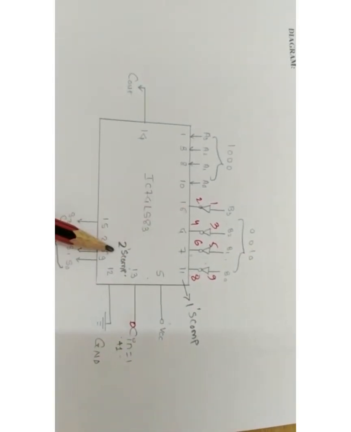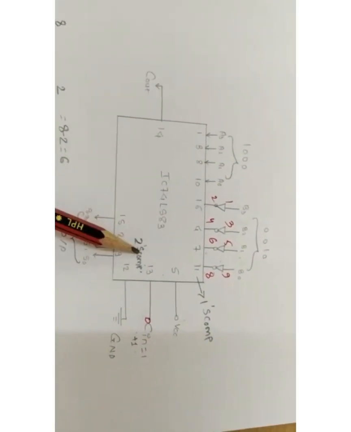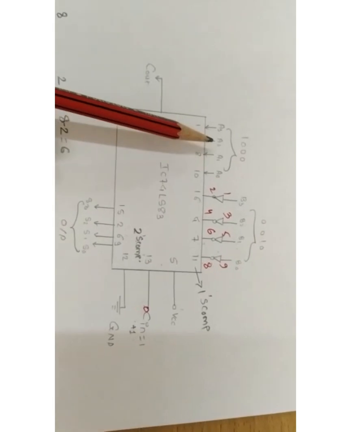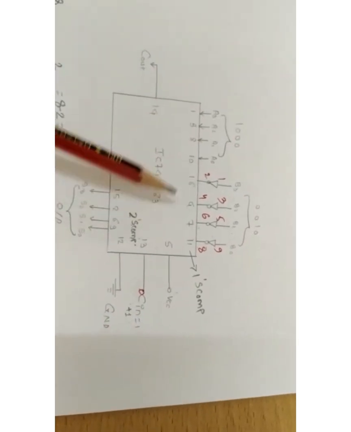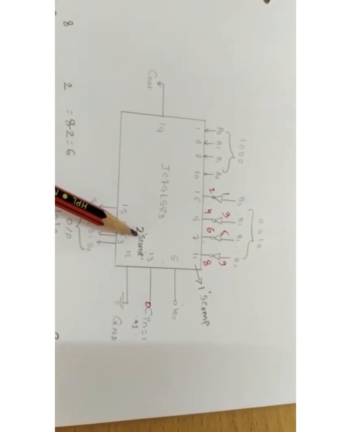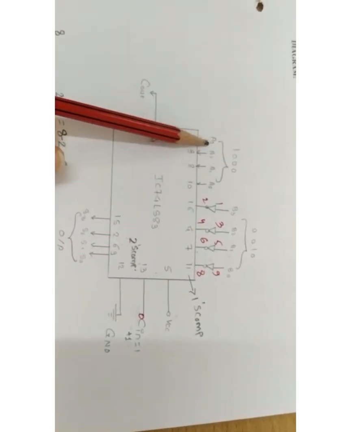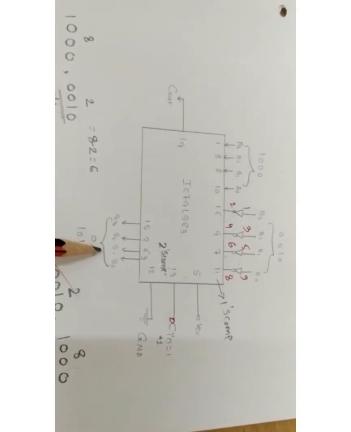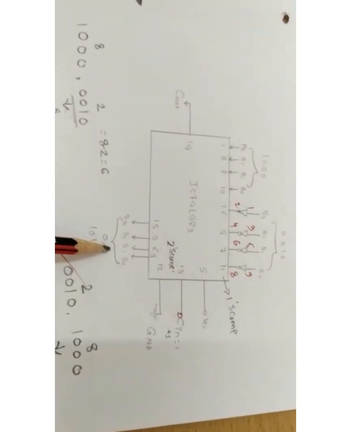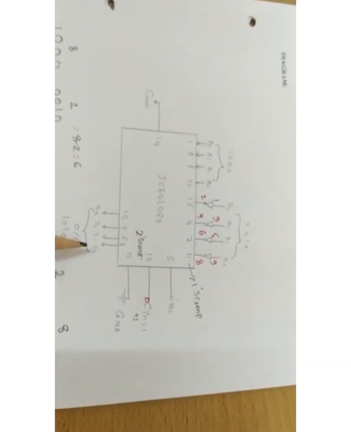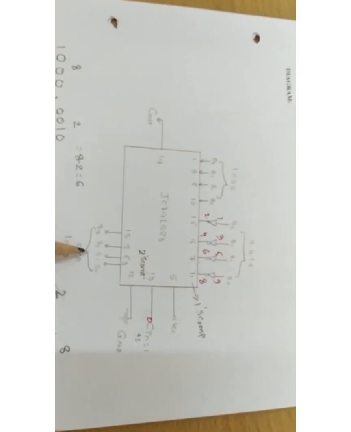This 2's complement of the second number is now added with the first number, because this is the adder IC. It will add the 2's complement of the second number to your first number. So directly here you are getting the output, that is the subtractor output. This adder IC will act as a subtractor.